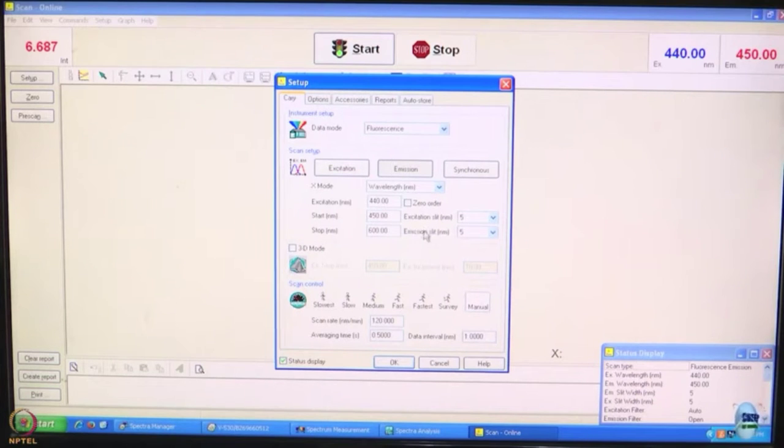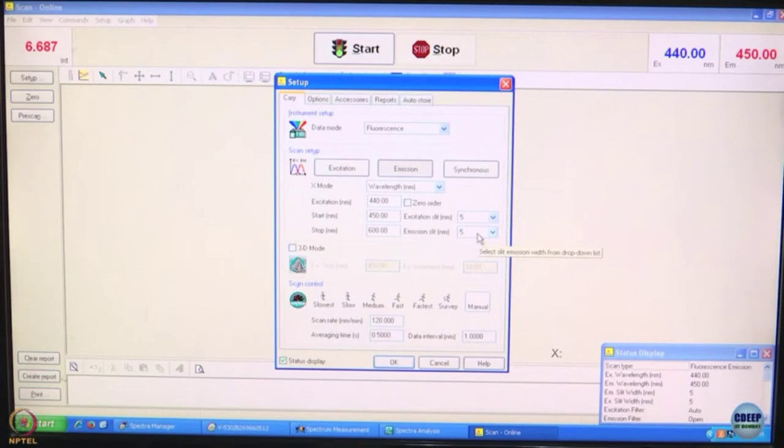Now, the other important parameters to note are excitation and emission slits, and you might see that they are written in nanometer. What this slit means is the bandwidth of the light that goes through at this wavelength. Essentially we are saying that we are exciting with 450 nanometer plus minus 2.5 nanometer, and when we record, then also we record at plus minus 2.5